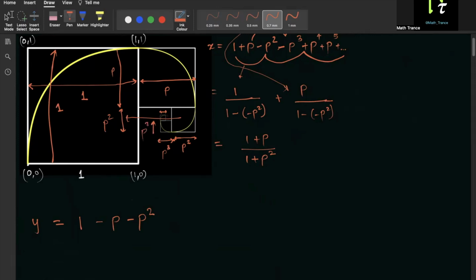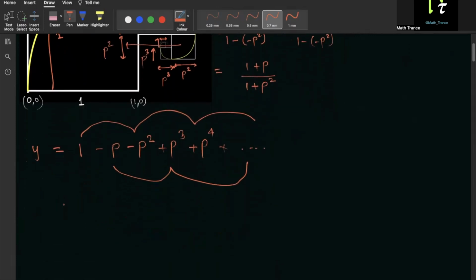This adds p cube, plus p cube. The next one also adds p to the power 4. And now you can see it's the same as above. It also forms a GP, but in these two pairs. This is one, and this would be the other. So now y would become, for the first one, the first term is 1. And since we have already seen that with minus p square, it turns out to be 1 plus p square below. Now, the second term,